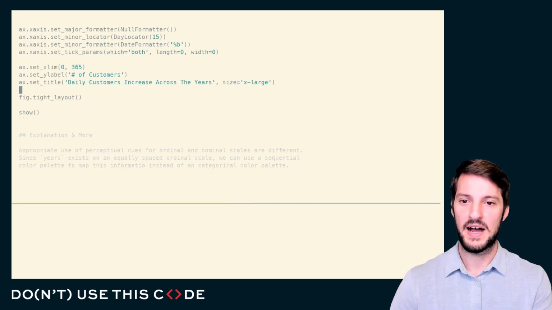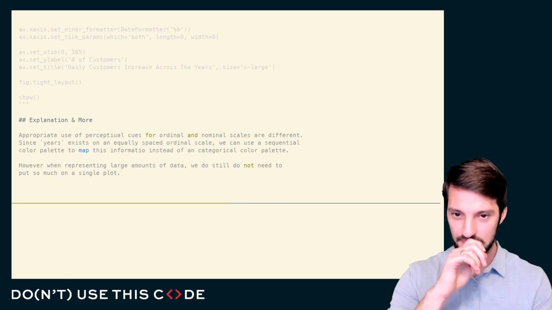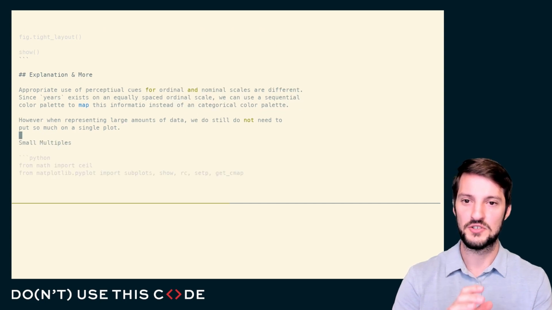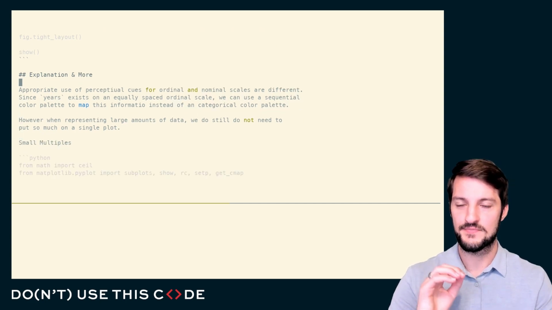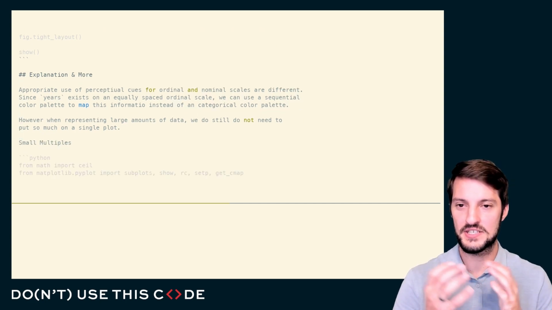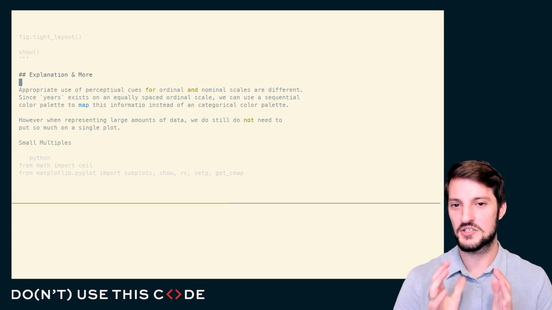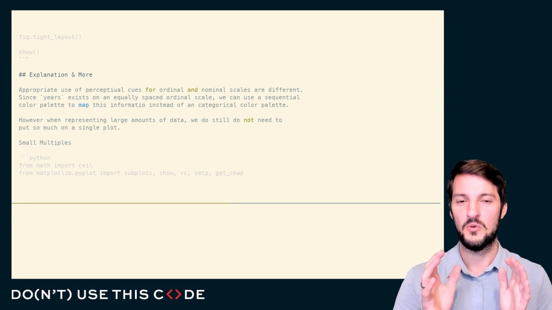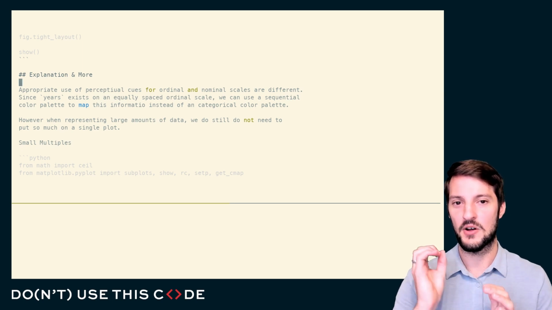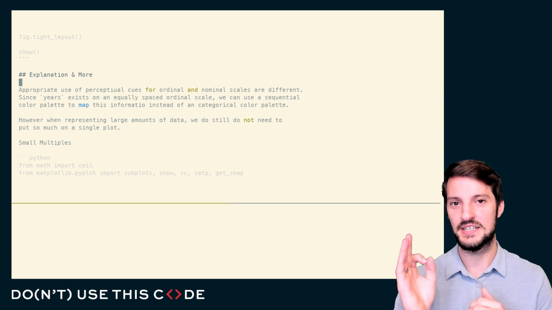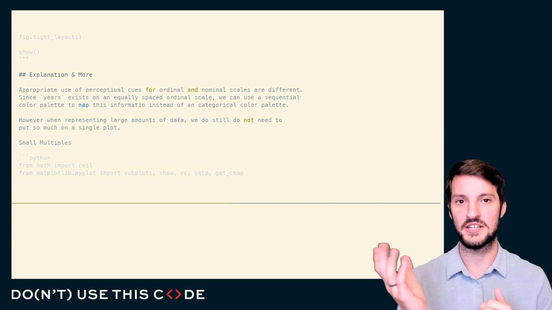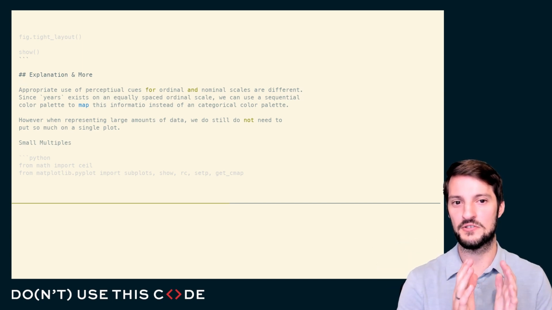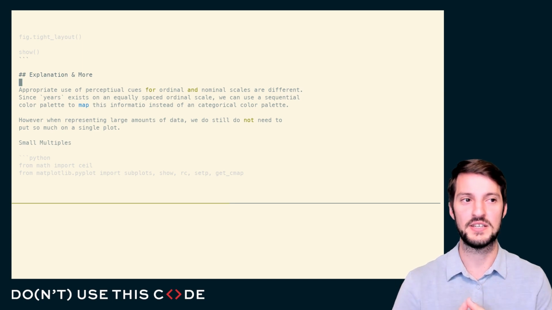One of my favorite tricks is the use of small multiples. And in order to explain this appropriately, I want to just mention that the perceptual cues for those ordinal and nominal scales are different, right? What I'm trying to convey here is that our ordinal scale can actually exist on a linear or sequential monotonic scale, whereas our nominal scales are always independent and categorical, and that's where we would want something like a categorical